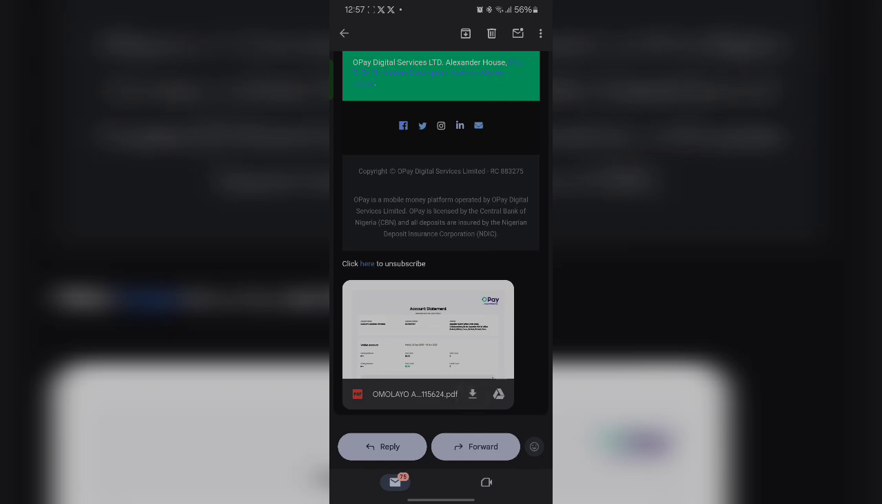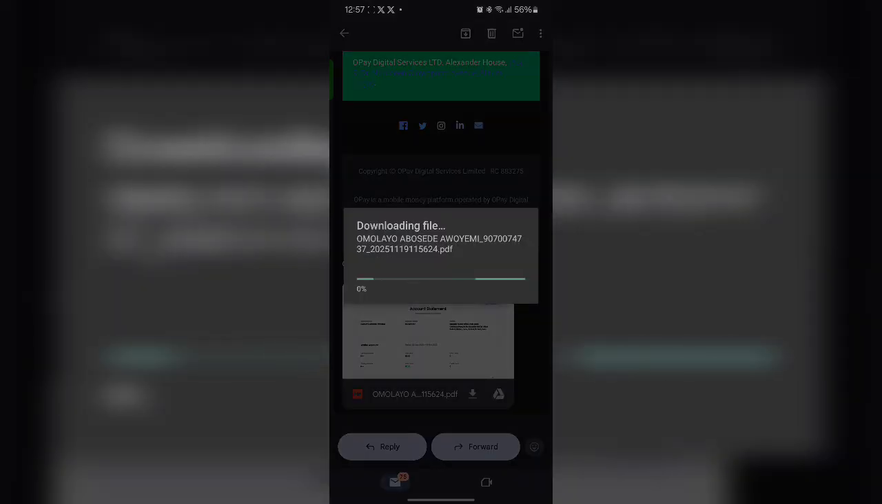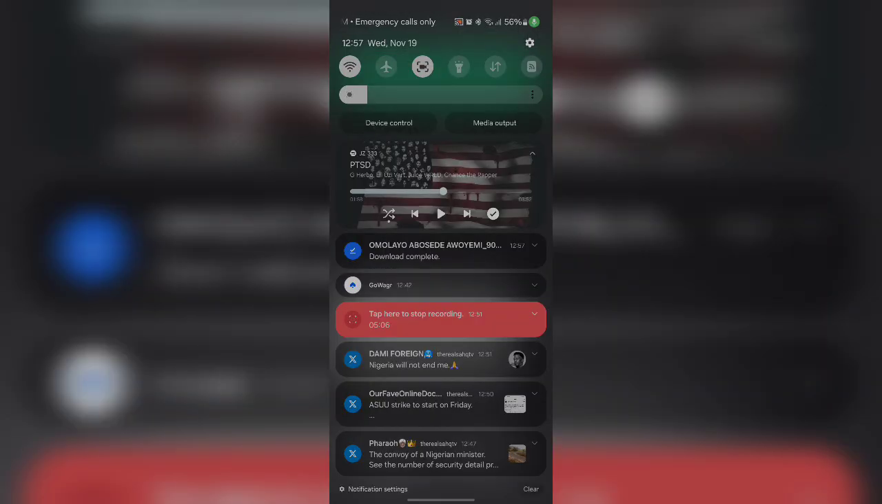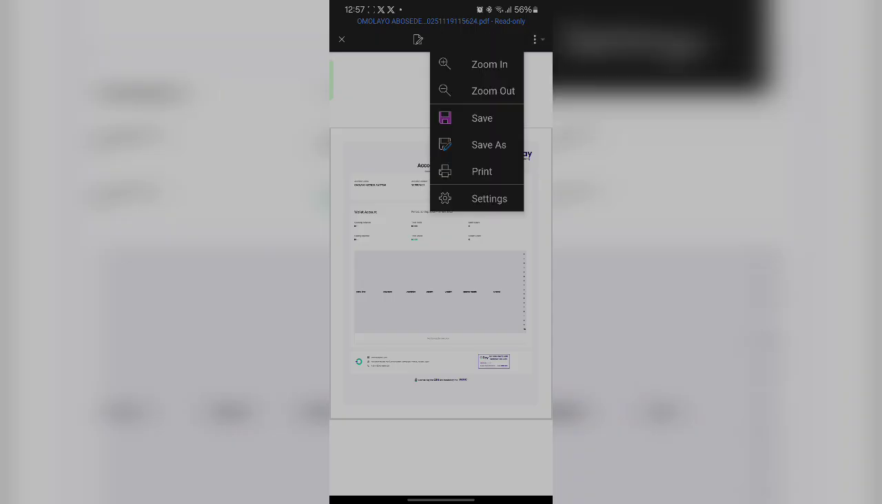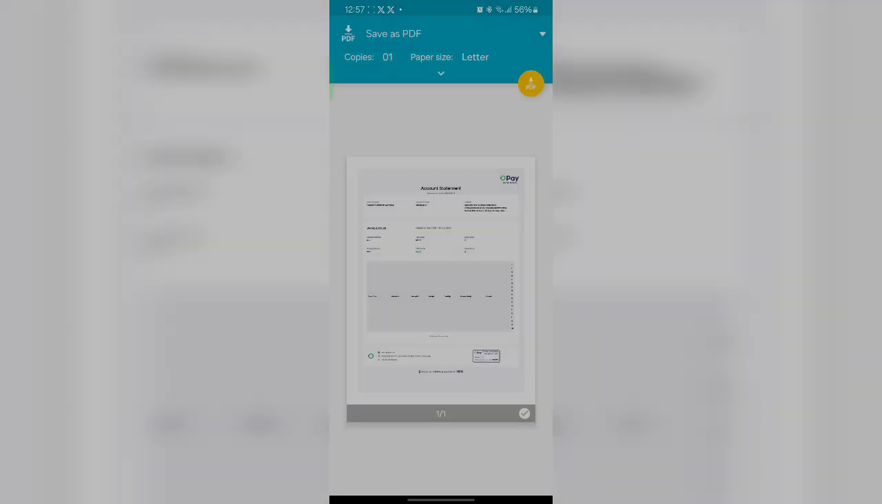So let me click on it again. So it's downloading the file. It has downloaded. So click on it. So it has opened. This is it now. What you are going to do now is click on the three-dot menu icon on my right-hand side. Click on print. Once you click on print, you can just enlarge it,